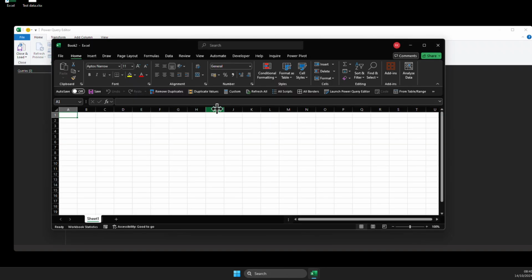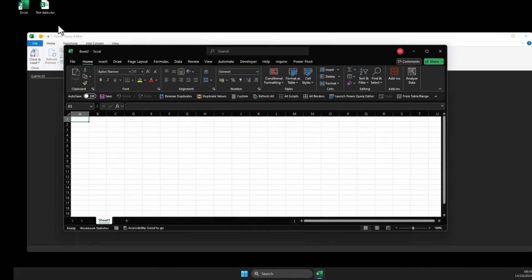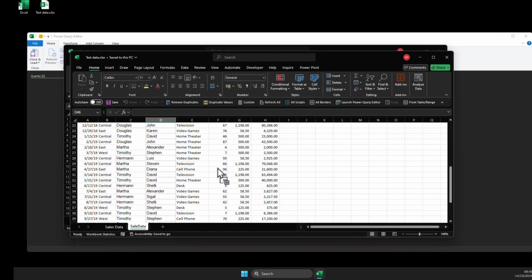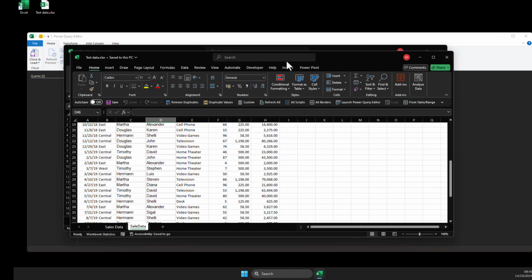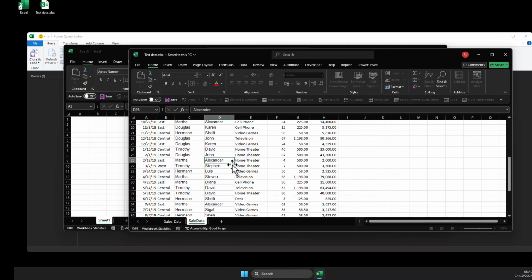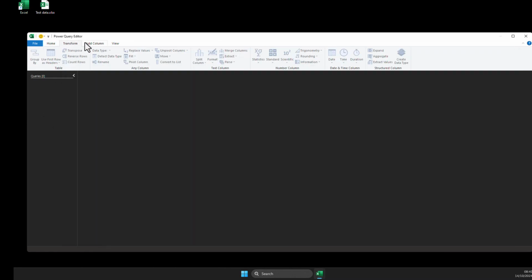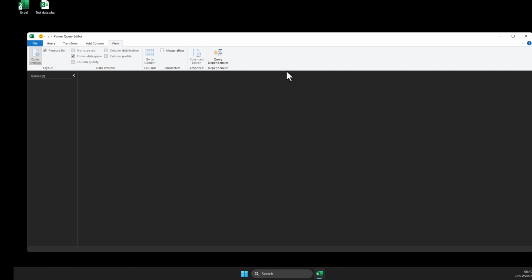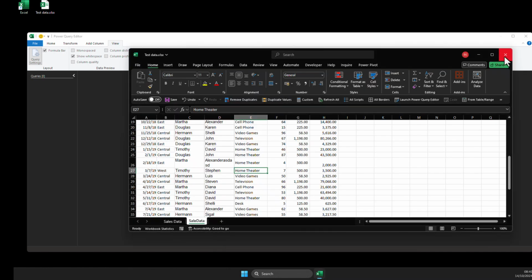Now you go to the new instance of Excel and you can open this file here. Like so. You can use this file and do whatever with it and use the Power Query as well at the same time. So this is the one way to do it. The other way I'm gonna show you